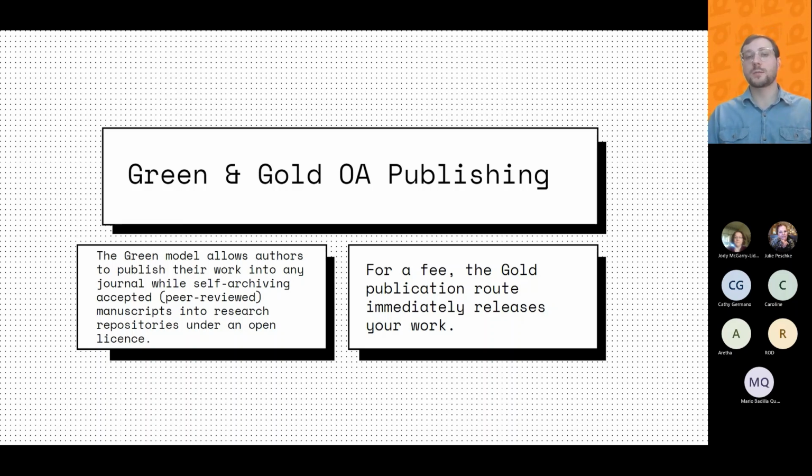There is a third route as well. It's less common. It's called the hybrid journal route. These are closed subscription-based journals, but they give authors the option to pay an APC to publish individual articles with an open access license. There's a bit of a potential issue there, I think. It might privilege those with access to funding, and the journal is collecting APCs and subscription fees at the same time, so it's kind of like double dipping a little bit.